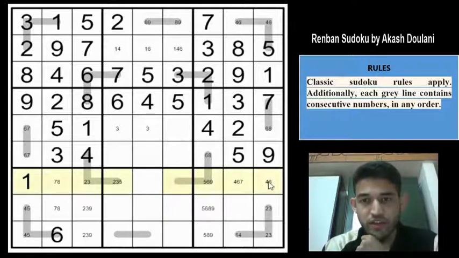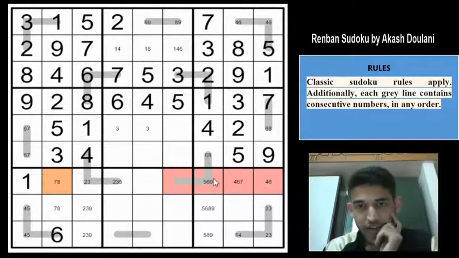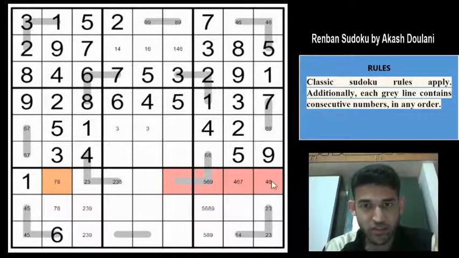So if you look at row 7, we have a 7, 8, we have a 4, 6, 7 and we have a 4 or 6. So if I am able to place at least one of 4, 6, 7 or 8 into these 2 cells, then I get a quad, right? A quad into these 5 cells. So my line of thinking is that I already have 3 digits out of 4, 6, 7 and 8 into these cells. Now if I am able to restrict 1 of 4, 6, 7 or 8 into these 2 cells, then I get a quadruple restricted to the highlighted cells, which would be tremendously helpful for me.